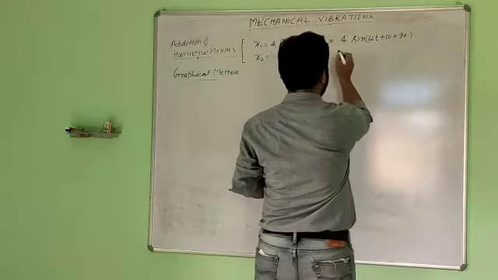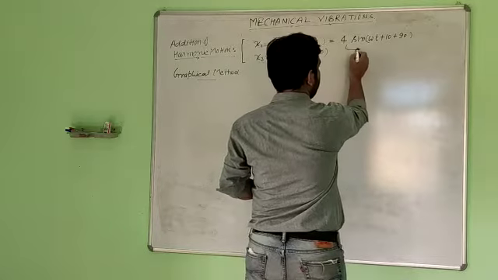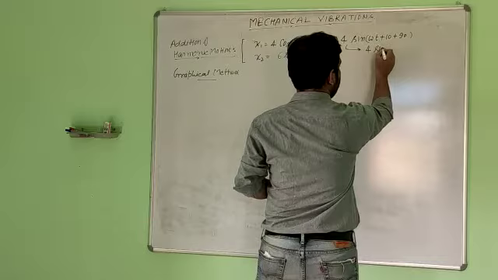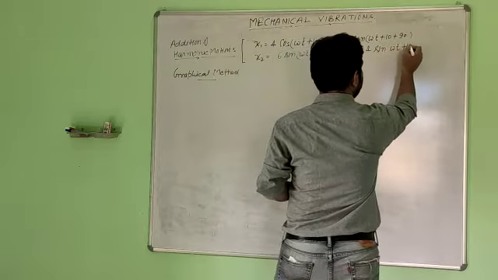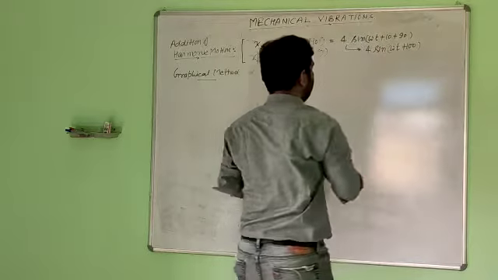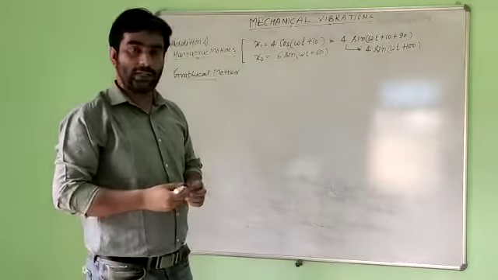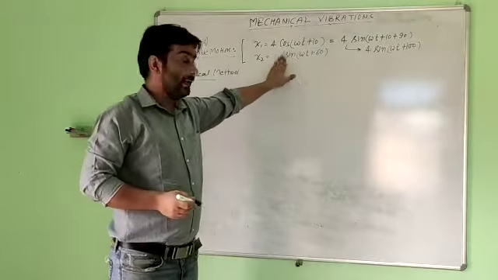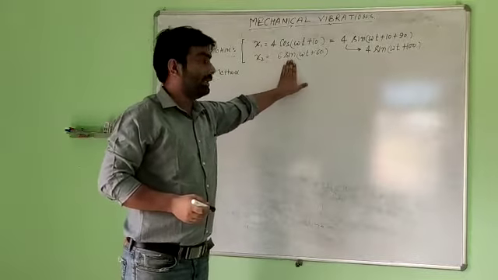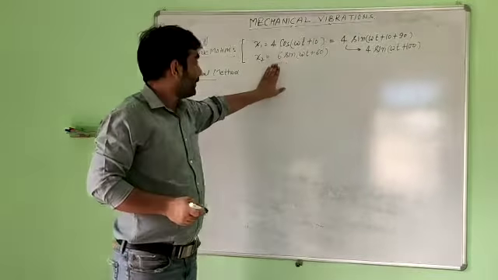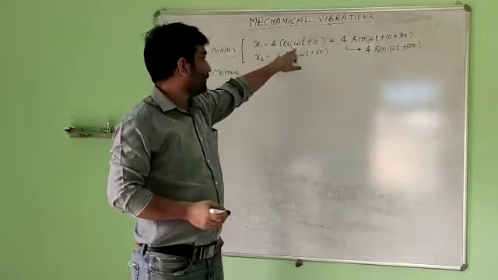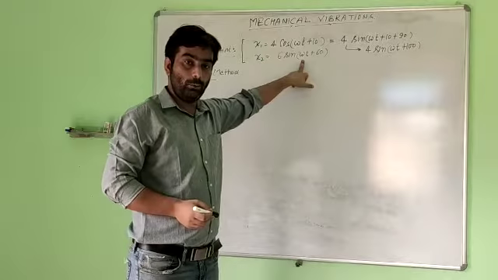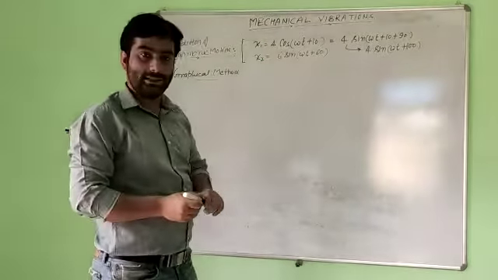This one we can write as 4 sin omega t plus 100. We have converted this cos form into sin form because the second one was again in the sin form, and the resultant will again be in the form of sin. First we have to observe that omega 1 is equal to omega 2, so the first case is applicable.